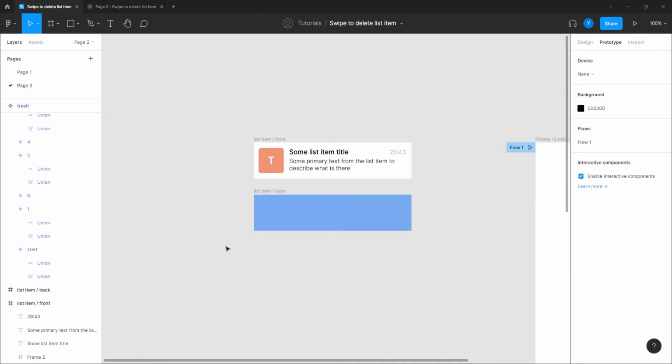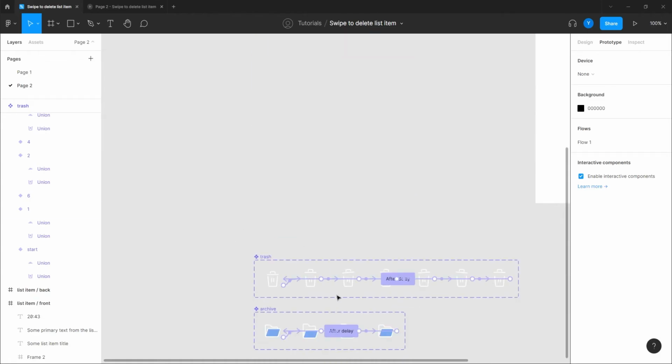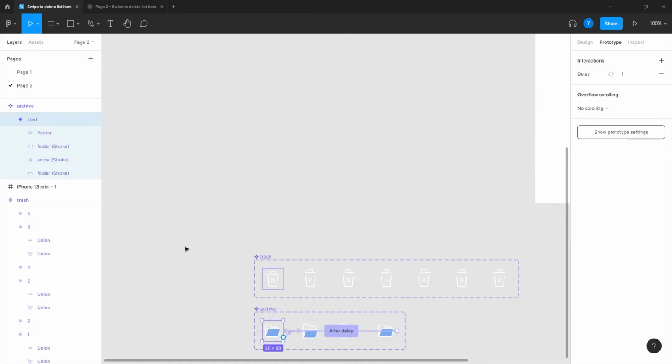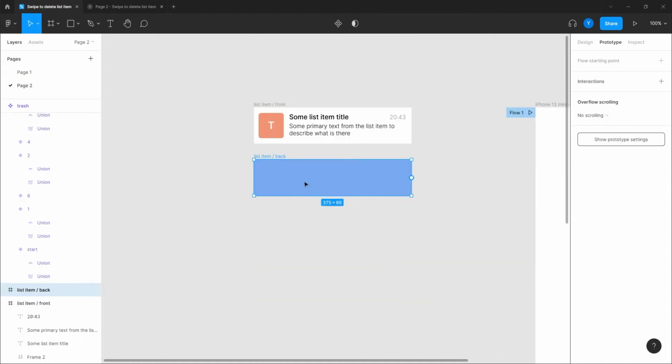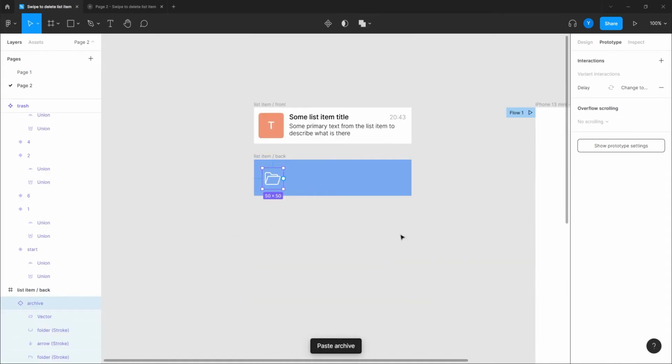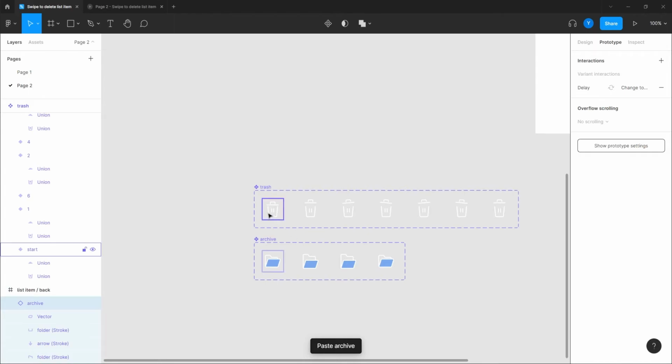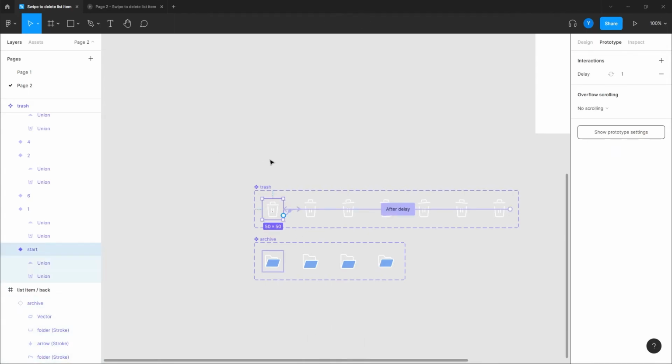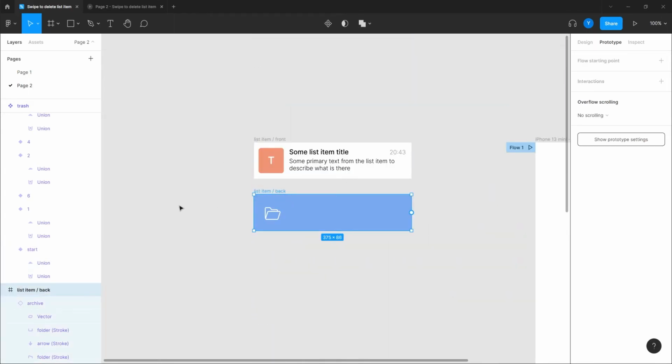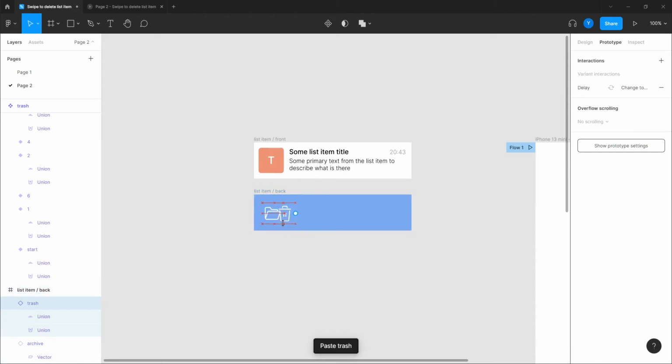Good, so we have it like that. And now what I am going to do is take this one, copy and place it here. Great, and I'm gonna take the first ones and place them also here. Yeah, this is going to be all the way.